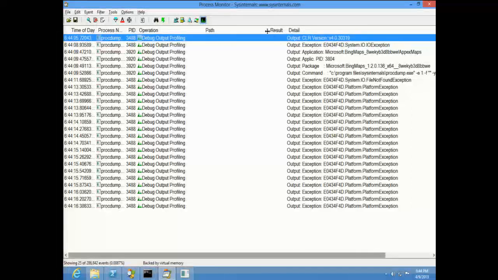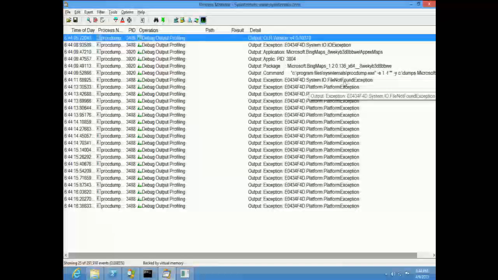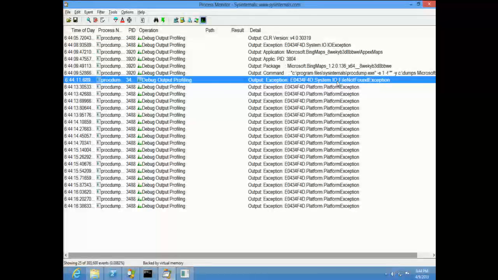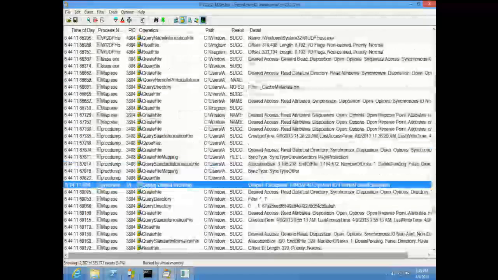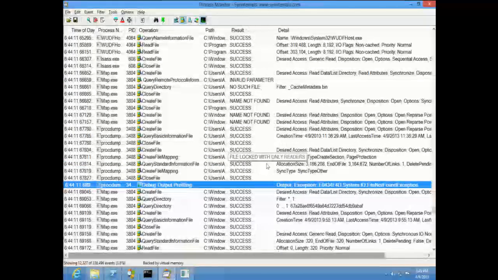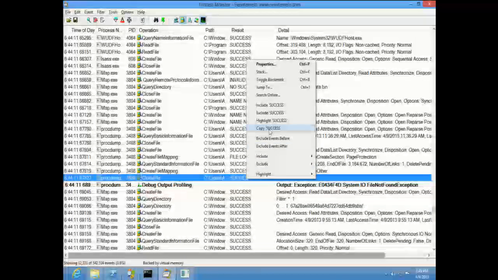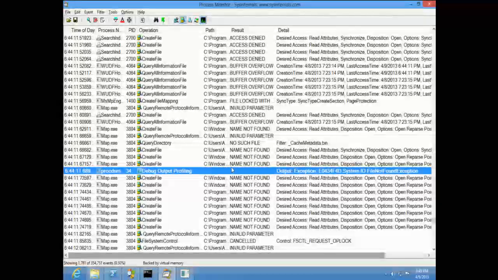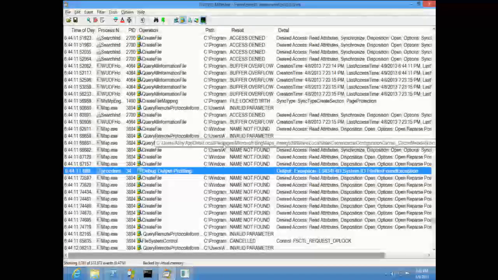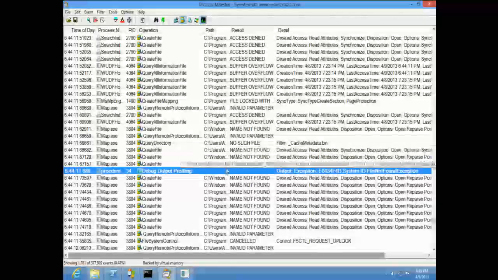And so here we can find this file not found exception. Let's highlight that. And now we know there was a file not found exception. We don't know what the file was. We turn file events back on, and let's get rid of the success events, exclude those, and that noise event. And here you see name not found, Combase DLL, no such file. This is probably, it's going to be one of these, triggering that event.